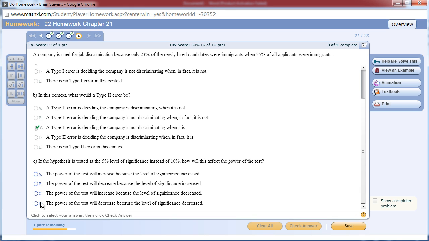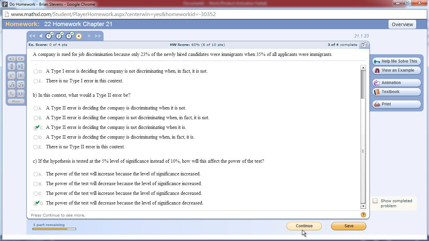Let's go to decreasing, because the significance level has decreased. And the wording on here is kind of weird. If the hypothesis is tested at the 5% level instead of the 10%, so have a smaller alpha, the power of the test will decrease. Once again, alpha going up makes the test more powerful because we can reject more often and we'll catch more false nulls. Power going down means less rejections, means a less